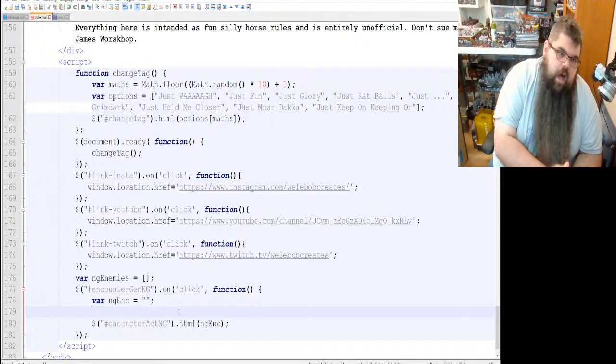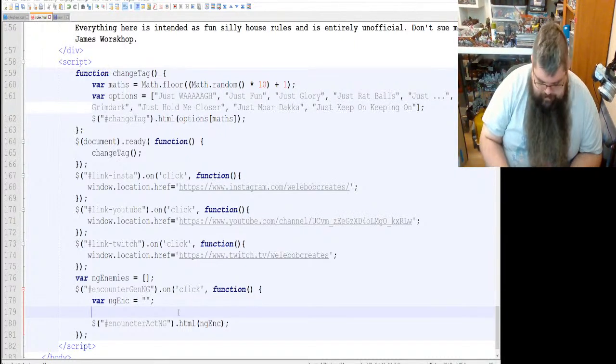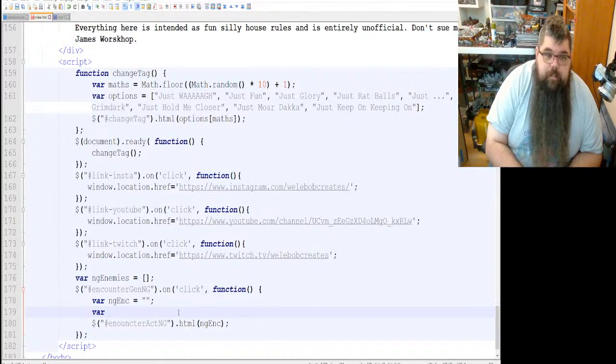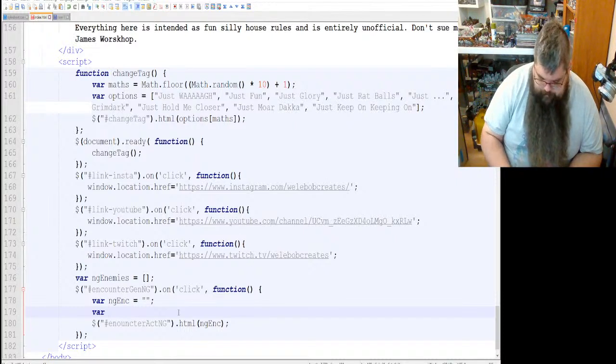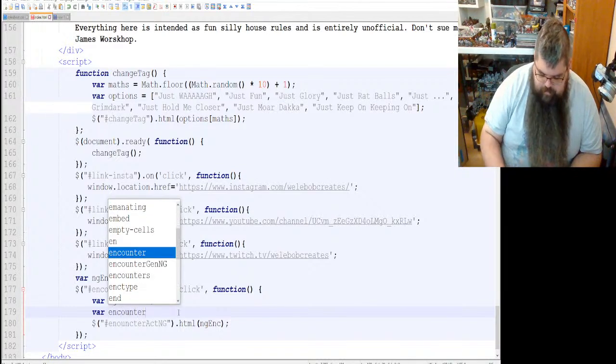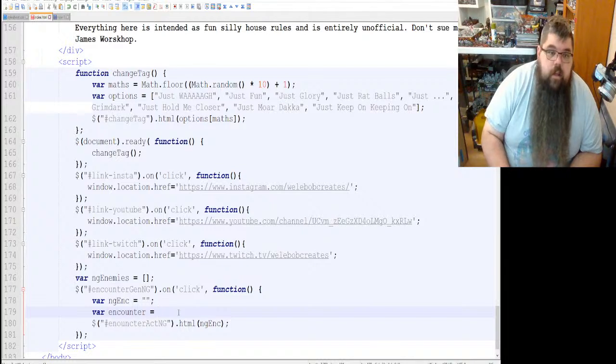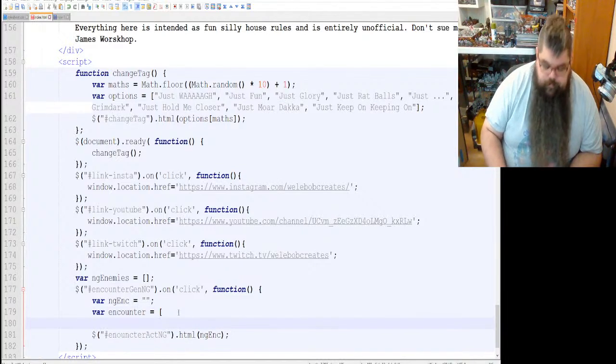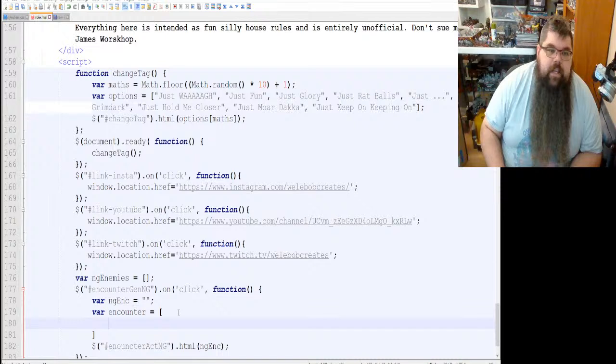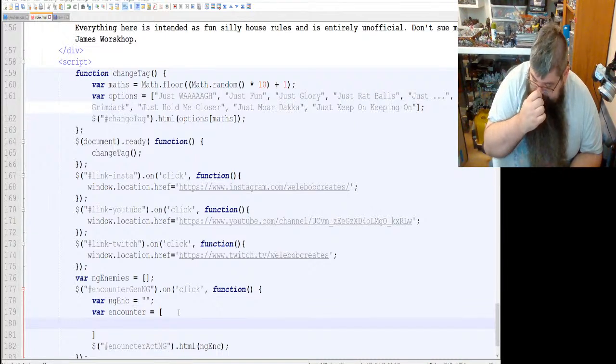So let's make ourselves a big array. Okay, we're just going to call this encounters, and we're going to make it a 20 item array.